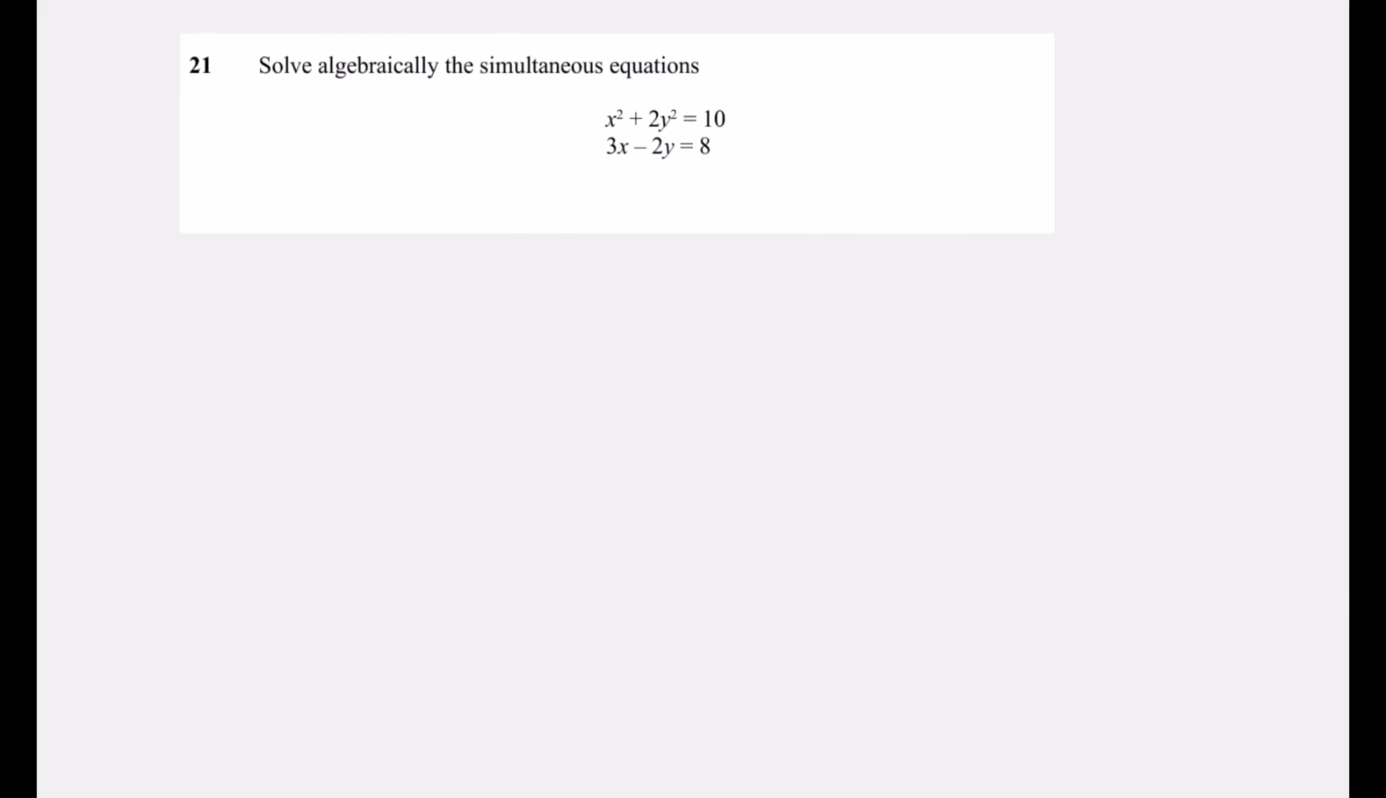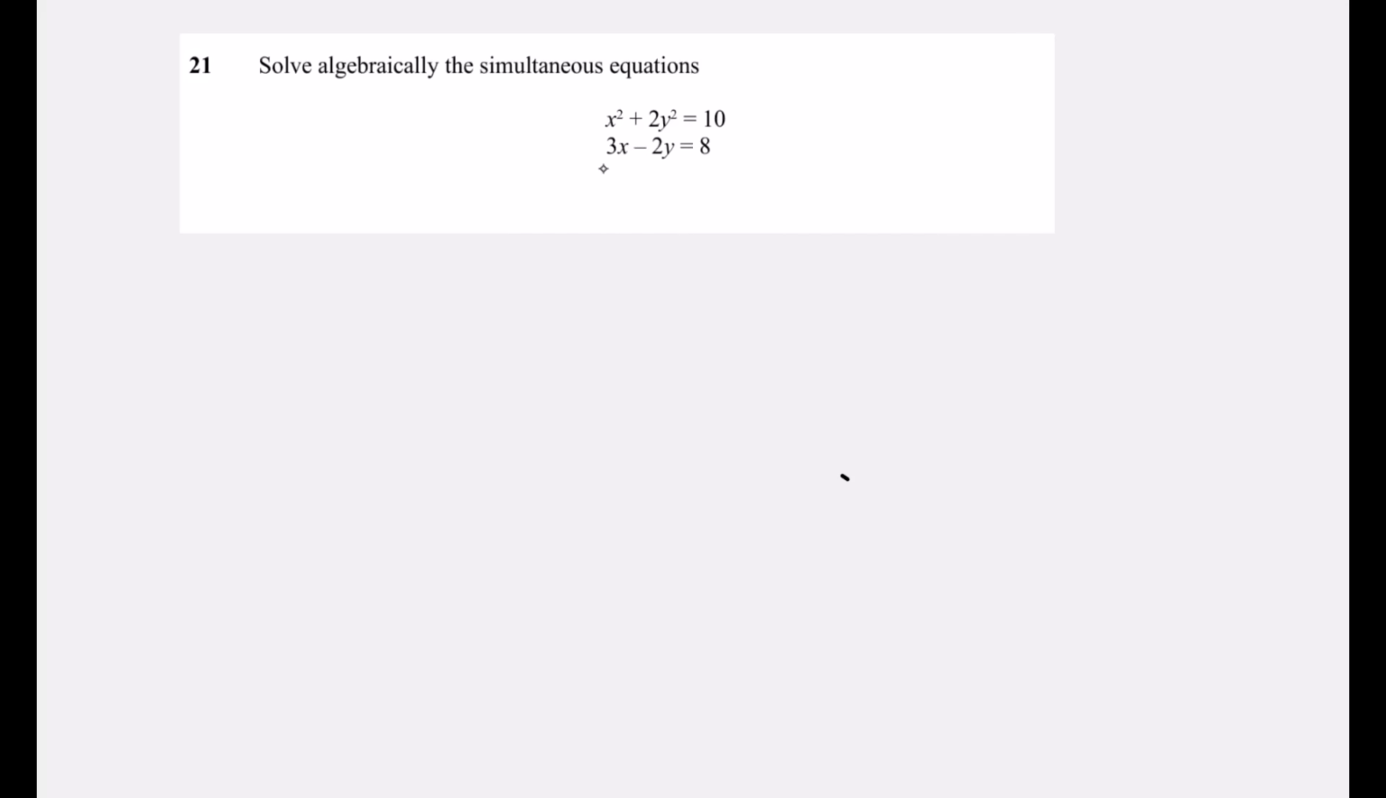Question 21. Solve algebraically the simultaneous equations. We've got squares in the top one. I'm not sure exactly what shape that is. It's kind of like a circle, some oval. But to solve it, we can't use elimination. We have to use